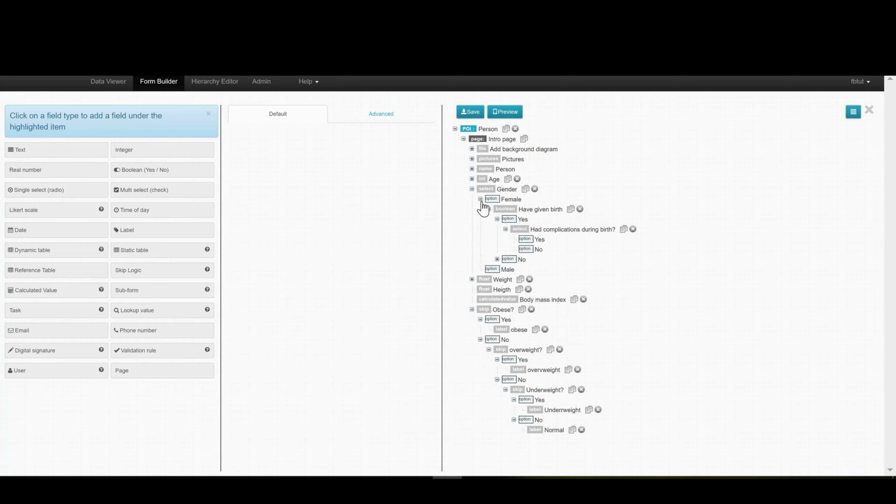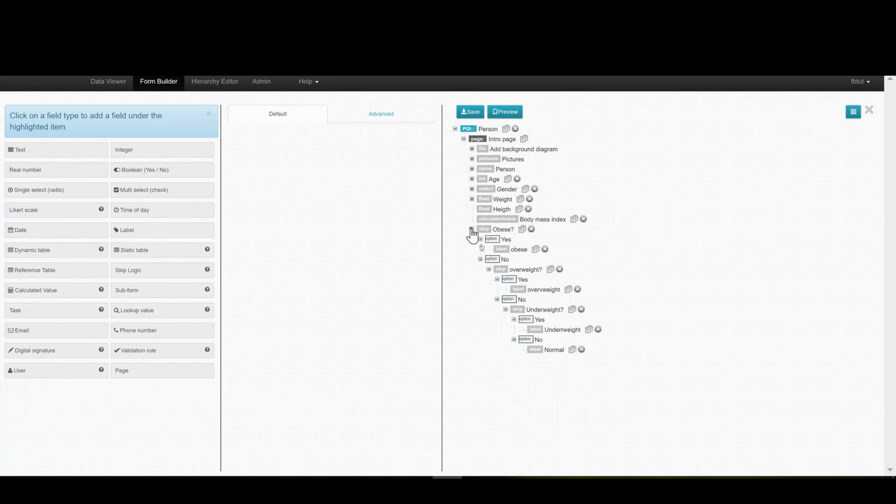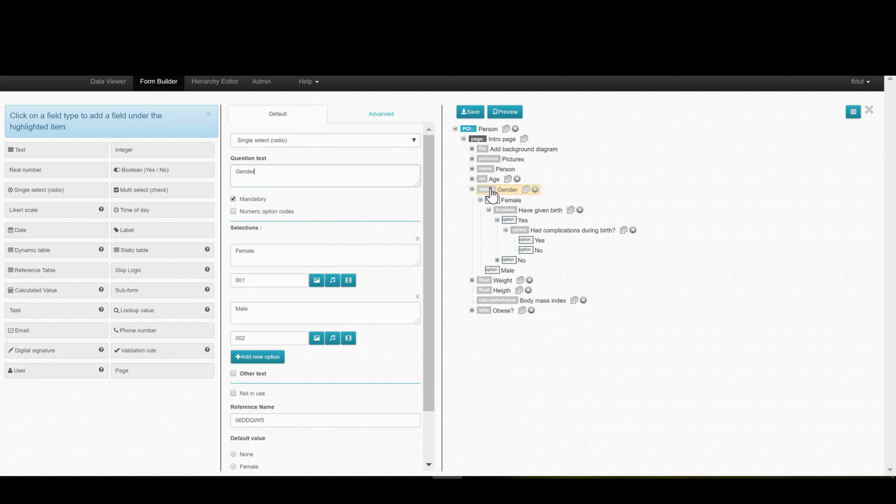In this video we will show how we create a hierarchy of sub-questions and a hierarchy of skip questions. The form we use is the person form that was created in the initial form builder tutorial. So we have the select question gender, and it's either female or male, and if the person is female, if